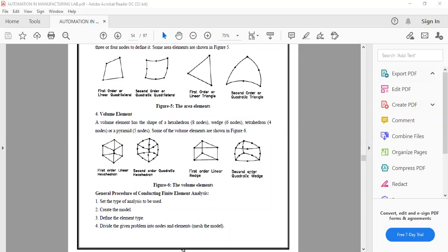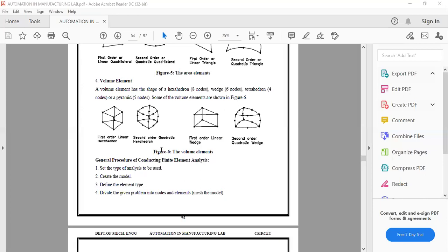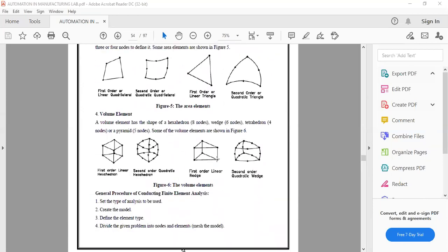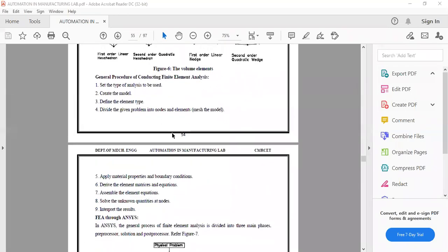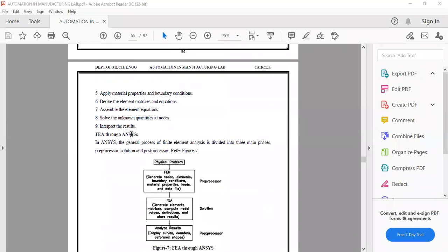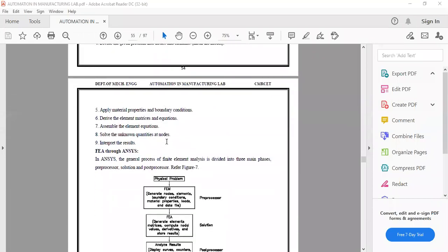We also have tetrahedrons, what we call tetra elements. These are the different elements that we use to divide or mesh the component. General procedure, we'll see that as we go along.